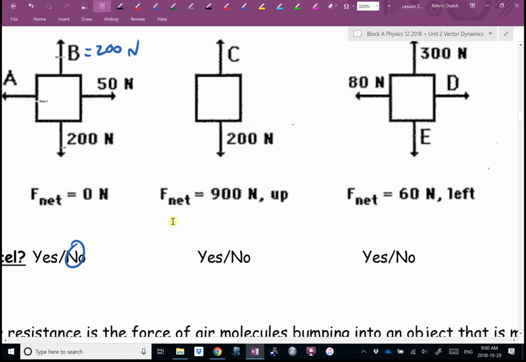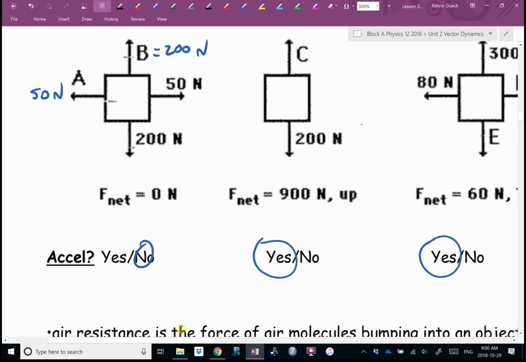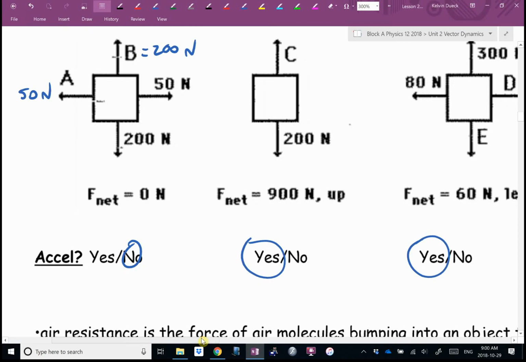Oh, yes. What's the net force here? Is it accelerating? Yes. What's the net force here? Is it accelerating? Yes. How do I know for all of those? When am I not accelerating? When the net force is 0. That's the power of Newton's first law. If I'm not accelerating, I know the forces are balanced. The net force is 0. If I am accelerating, it can't be 0. So now, having said that,